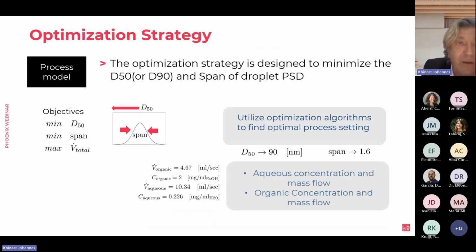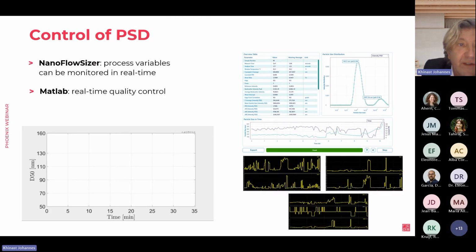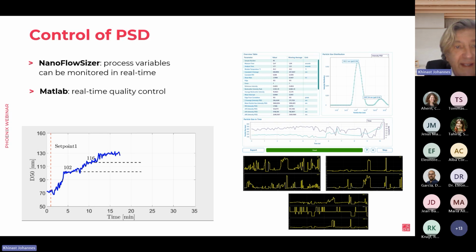We do a lot of modeling, without going through this. Just want to show you one thing. I hope it works now. Yes. So these are different set points. You can choose different set points, and then your D50 stays at the set point, right? And then you change the set point again, and it goes down to a new set point. So should be 102, then 116, and 128. So that's how you can control your process, advanced process control, and you can produce the particles of a desired